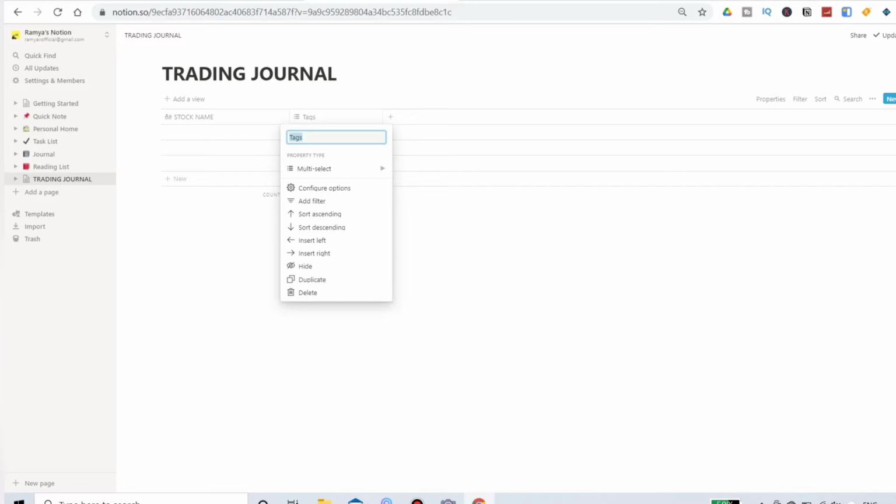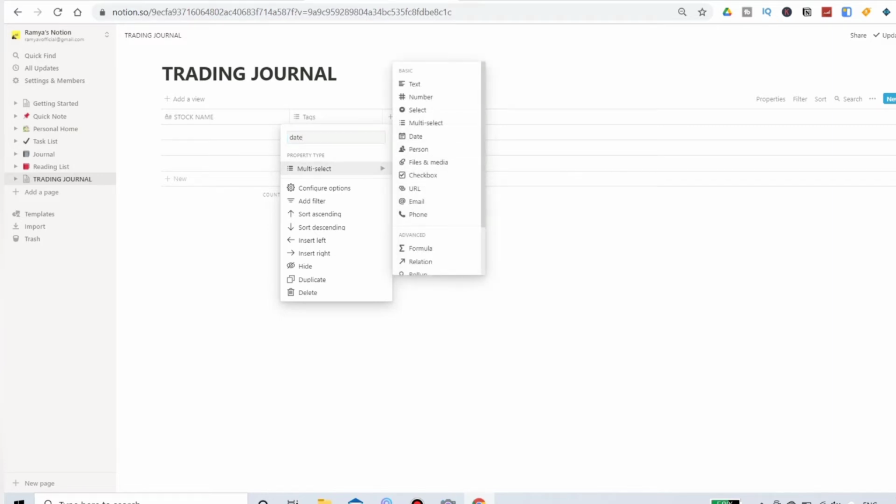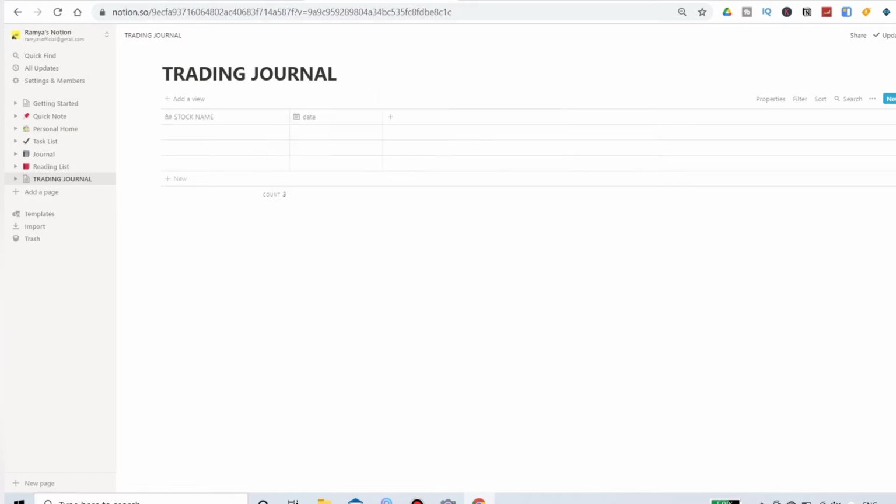So I used to track date. When you enter date, you can choose multi-select, and then you can enter date. Then this I would put as entry date. I want to track when I enter and how long I used to hold, so I put it as entry date, and here I will put exit date.